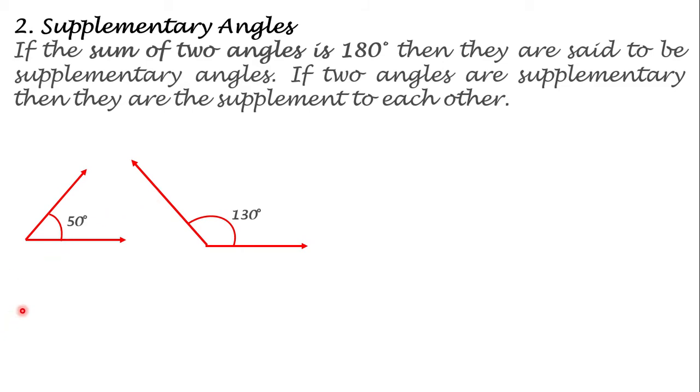Okay, so if we join these two angles together, it will form a structure like this. Okay, how will it be formed? It will form a structure like this. So this part is 50 degrees and this part is 130 degrees. Okay, together they form a measure of 180 degrees. Next,